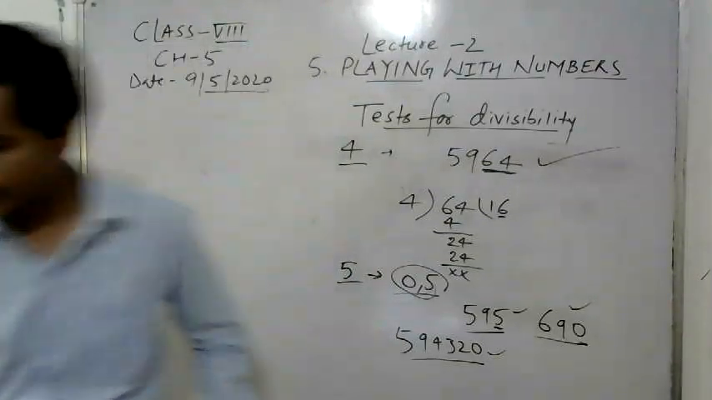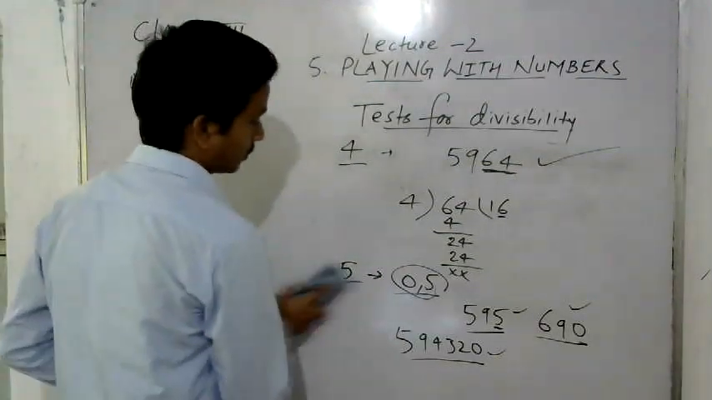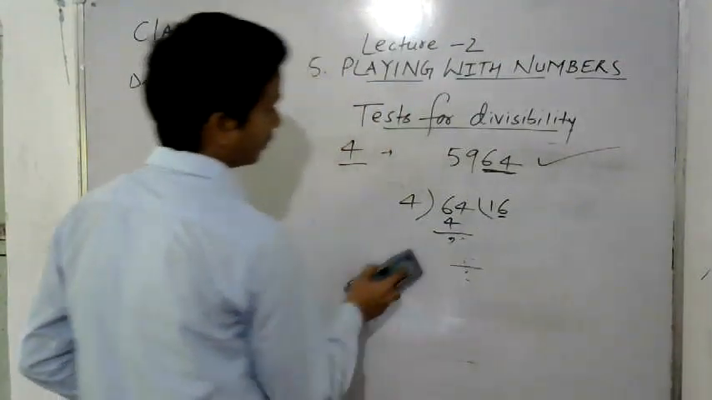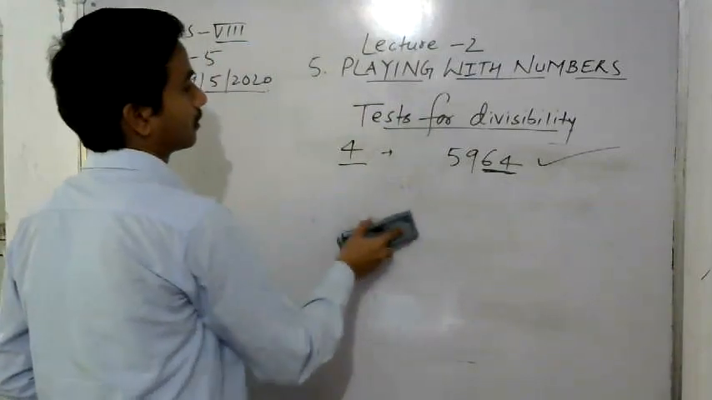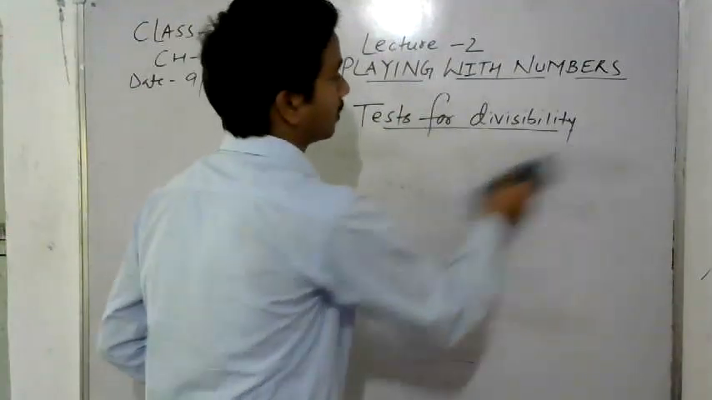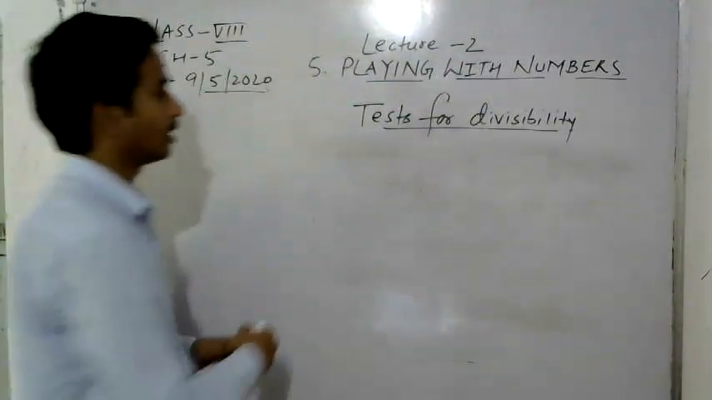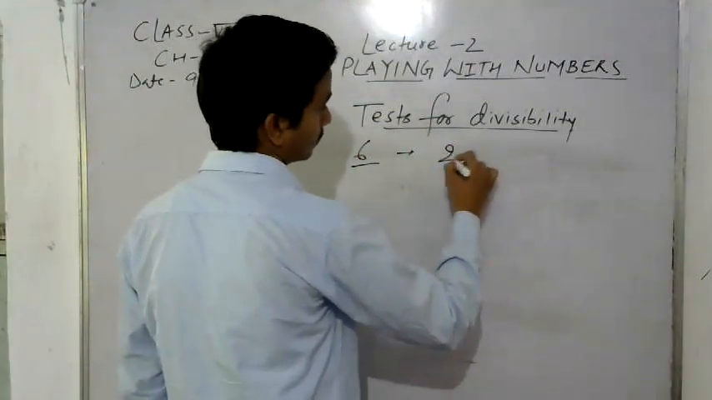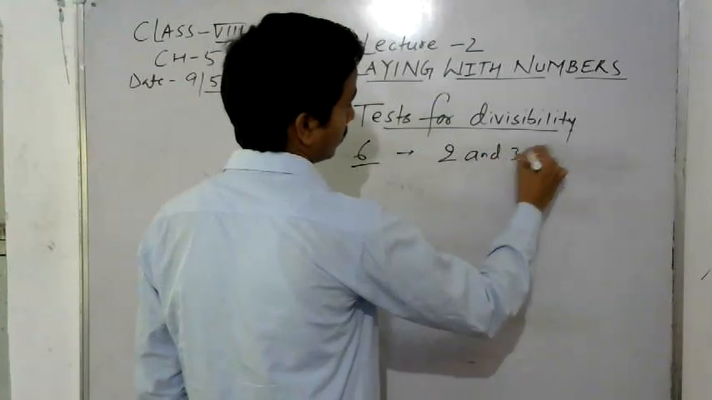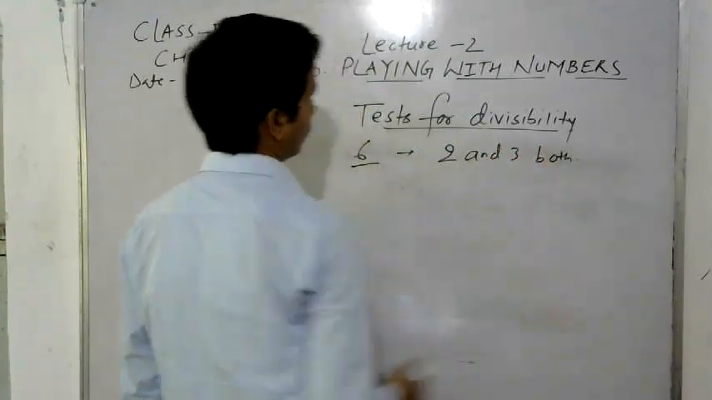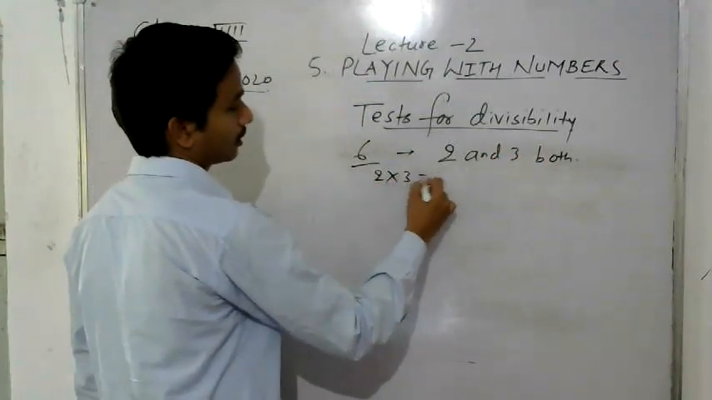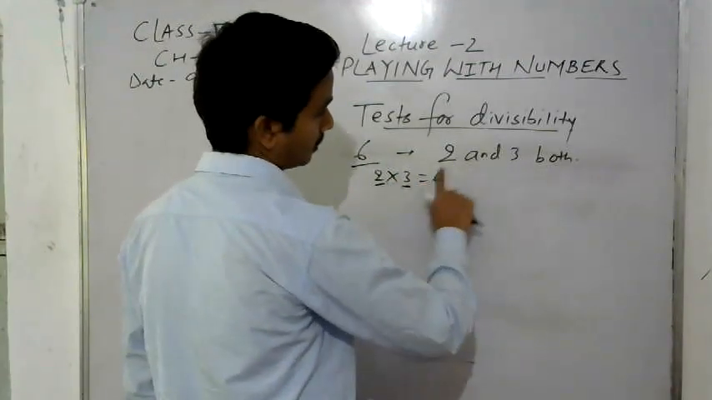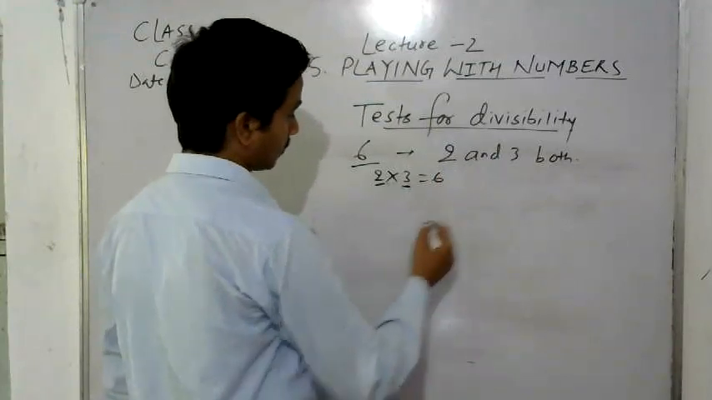Okay, now let's see for 6. For 6, a number should be divisible by 2 and 3 both, because 2 into 3 is equal to 6. So a number is divisible by 6 if and only if it is divisible by 2 and 3 both. For example,